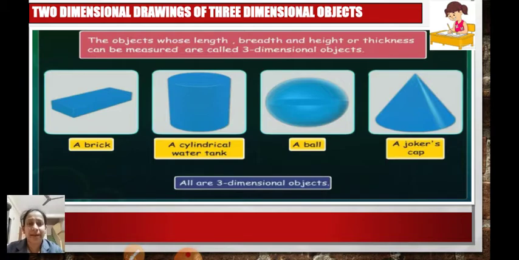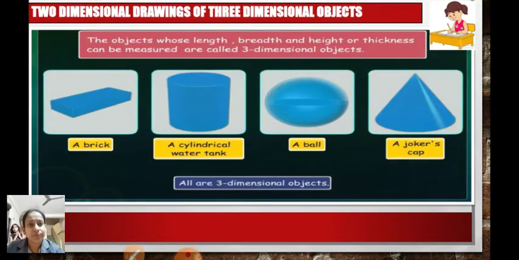So for example, if you see a brick, right, which is used for construction of buildings, a cylindrical water tank which is in a cylindrical manner has thickness, height, okay, has length, breadth, right? Then a ball and even a joker's cap. All of these are called three-dimensional objects. Fine. Now,